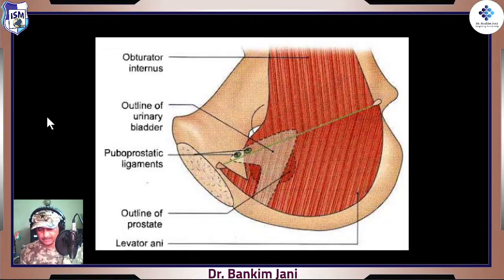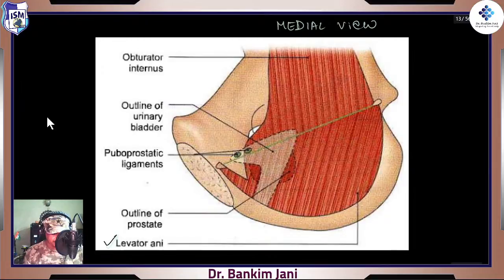See, this is a medial view, right? That's a medial view. Obturator internus, and below this is levator ani, right? That is levator ani and obturator internus. See, from the medial side. So again, the sagittal section taken, and then we are sitting inside and then watching the